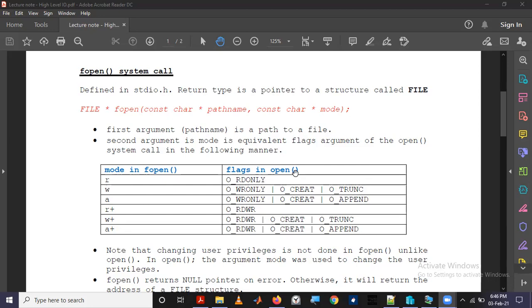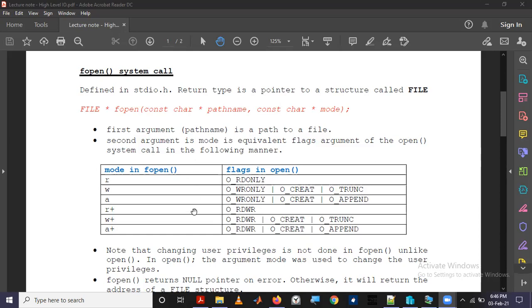That argument has been dropped in fopen. So if we want to change the user privileges, we have to use a separate function, the change mode, chmod function.